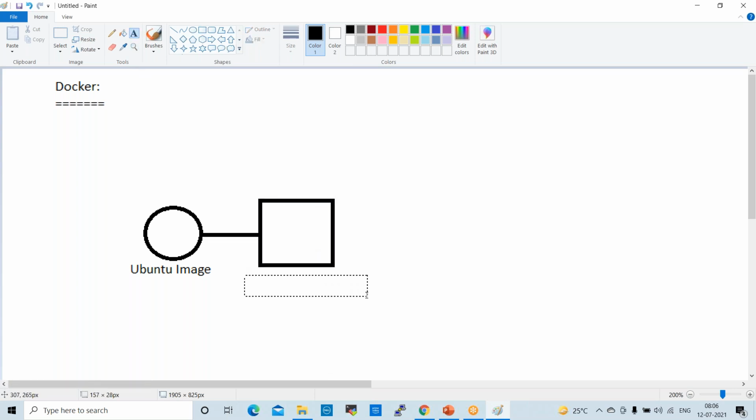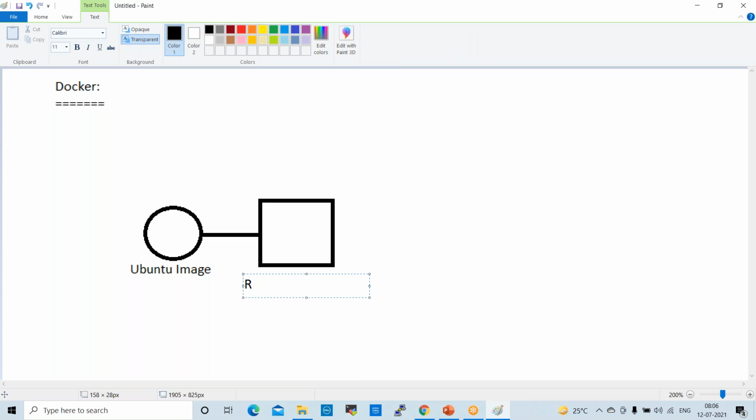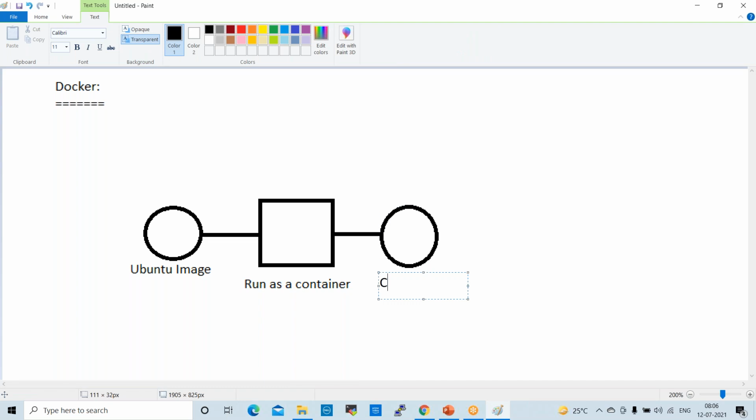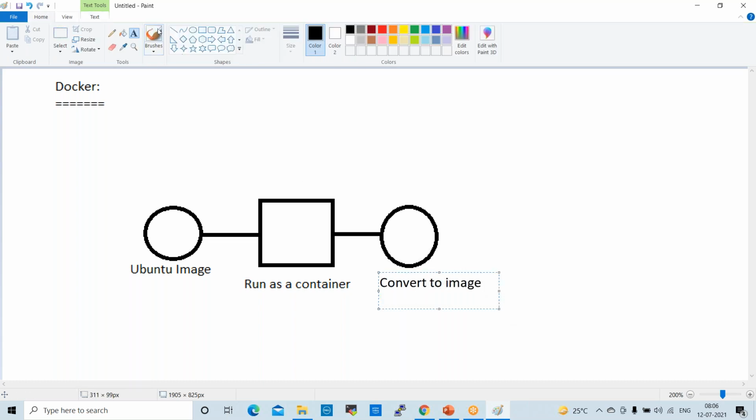Next one is, again, we need to convert this container into image. Next one is, we need to push that image to Docker Hub.